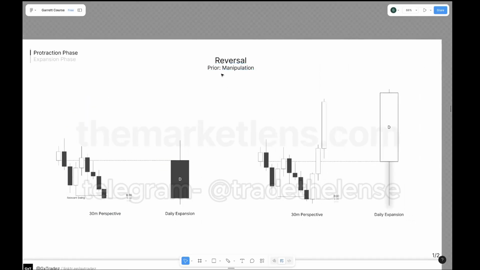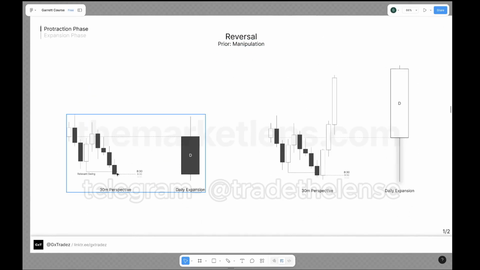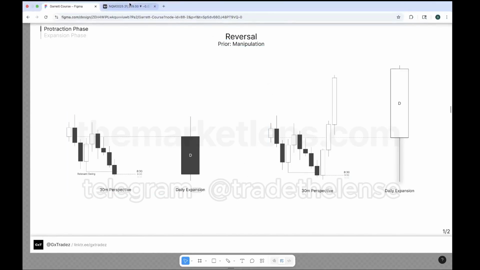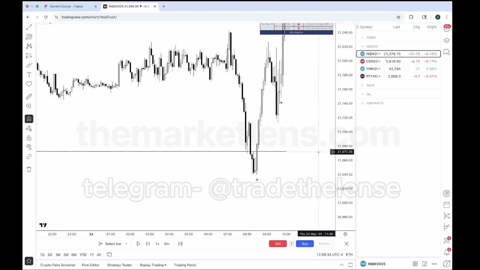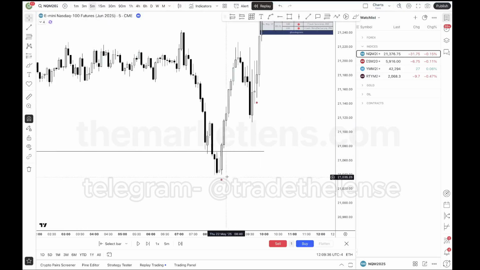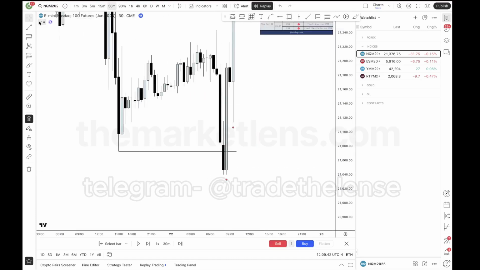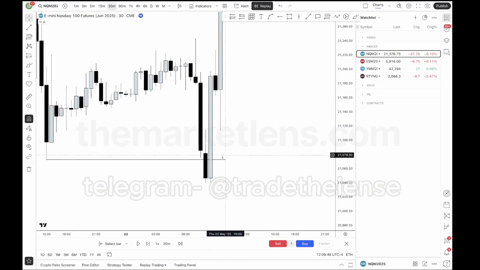If we manipulate prior to the driver and we don't reverse, then I want the driver to reverse. You see this? This is exactly how it looks right here. So if you see prior to 8:30, we hit this low, so the driver should expand away. If it doesn't expand away, that's an invalidation for this to be a manipulation. So we see the driver expand away. This validates this as a true reversal. So again, after a true reversal, the gaps and order blocks that form away from it should support price higher